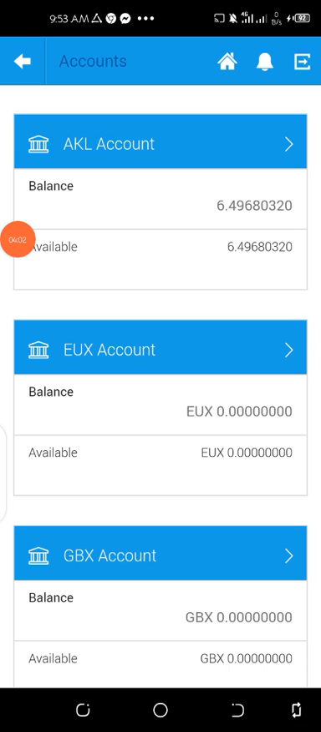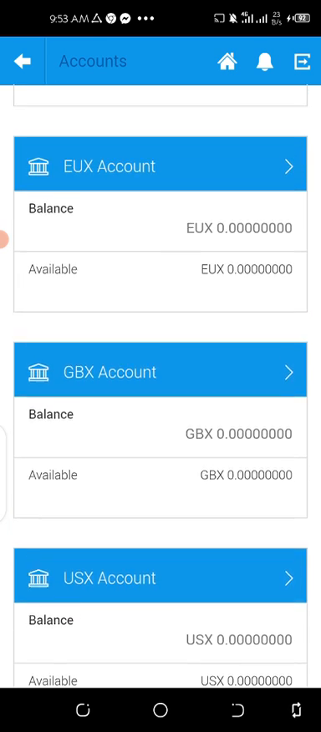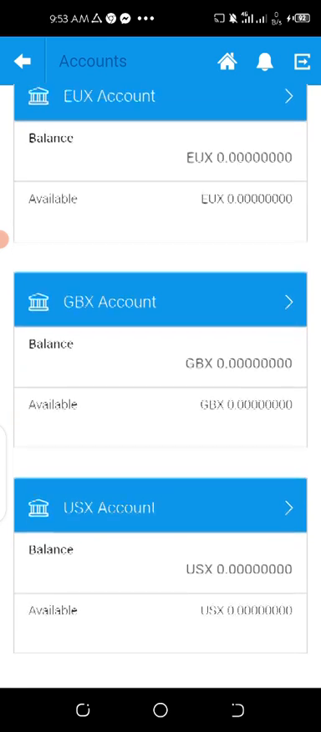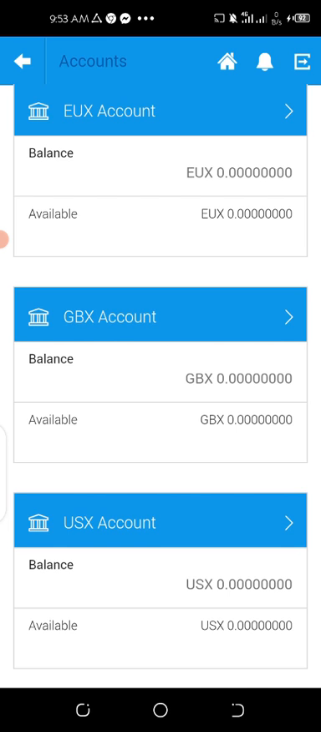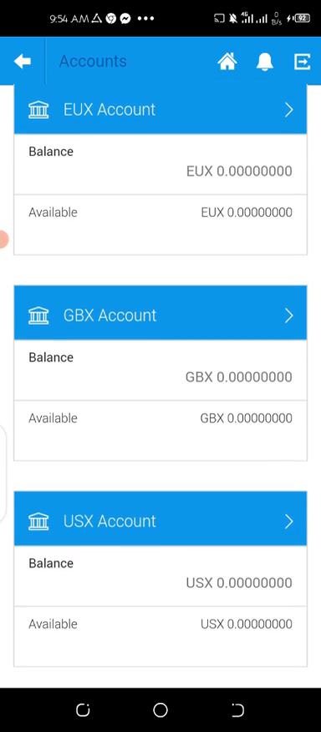So we do have 4 accounts in this Ecosys Lumia. As you can see, we have the AKL account, the EUX account, and the GBS account. Lastly, the UXS account. Many people have been having confusions on how this works basically. So please pay attention. The AKL account has been credited, as you can see, 6.4968032 AKL available. As you can see, the EUX has not been credited, the GBX has not been credited, but